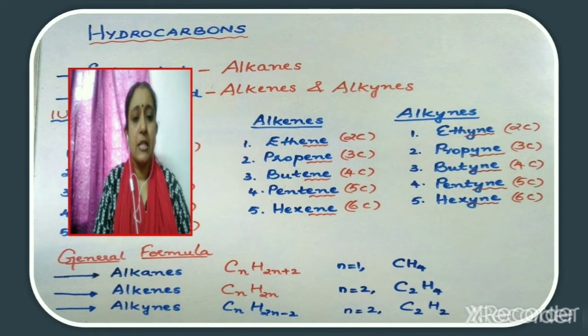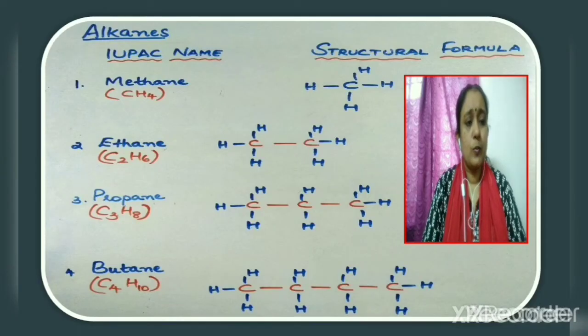Alkanes can be represented by the general formula CnH2n+2. Alkenes can be represented by the general formula CnH2n, whereas alkynes can be represented by the general formula CnH2n-2. Let us now study how to write the structural formula of the different members belonging to the family of